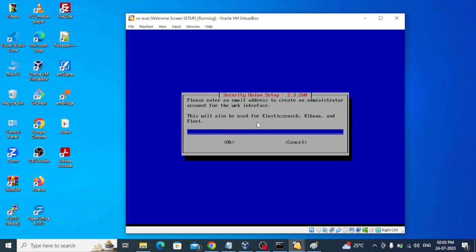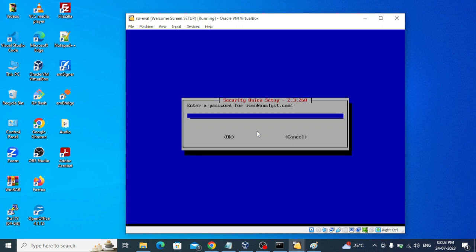So here it is asking for an email address. It will not be used for sending or receiving email, but we can use an email address. I'll just type my name at, okay. I'll press enter,